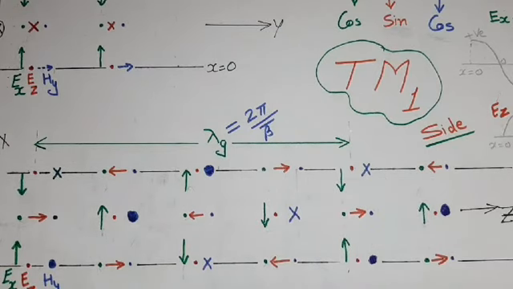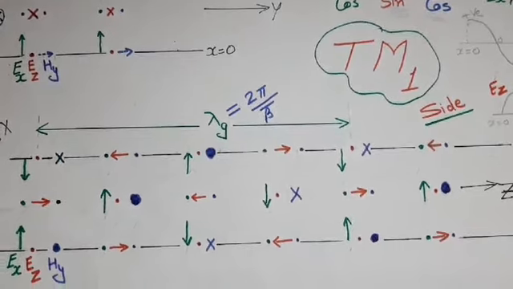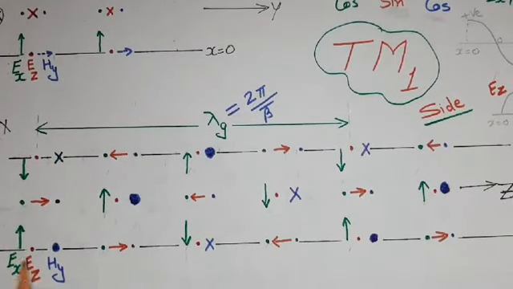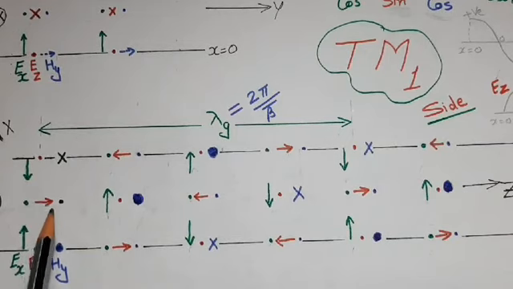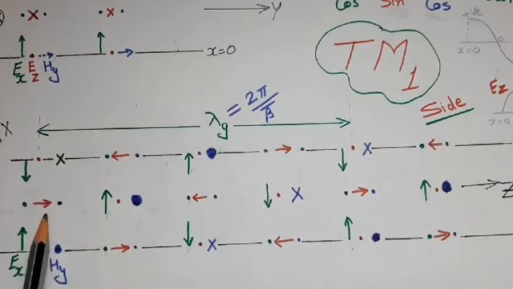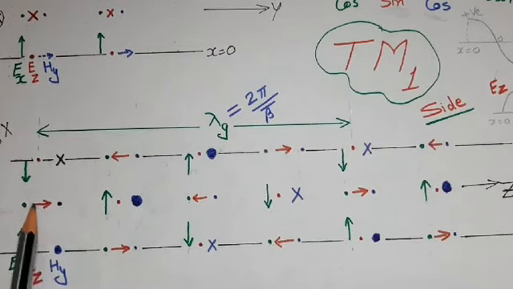Now if we talk about the Ez component, then z is this direction, so it can be shown by an arrow in this direction. But it is a sine function, so it is 0 on the boundary and positive max in between the boundary, that is at x is equal to d by 2. And this Ez field will vary sinusoidally in z direction.